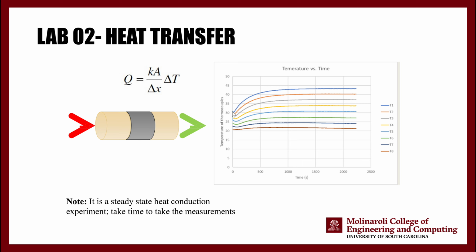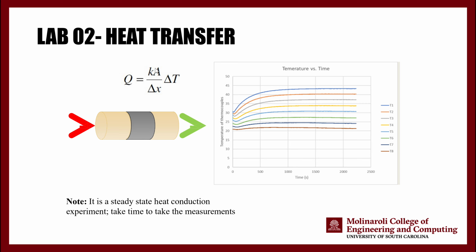As you can see, we start with a transient scenario where the temperature of the thermocouples is changing with respect to time. But at some point, usually after 20 to 30 minutes, the changes stop. This tells us that we have reached a steady state condition, and these temperatures are the ones we can record to put in this equation